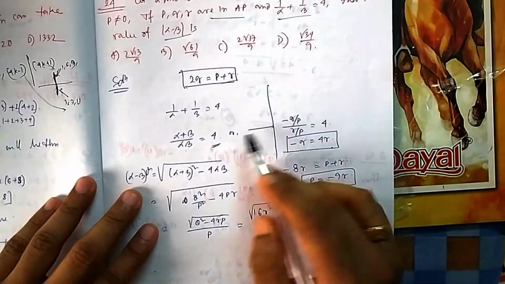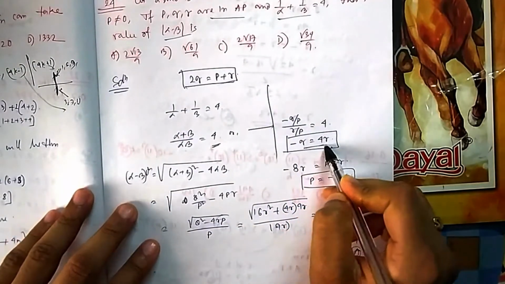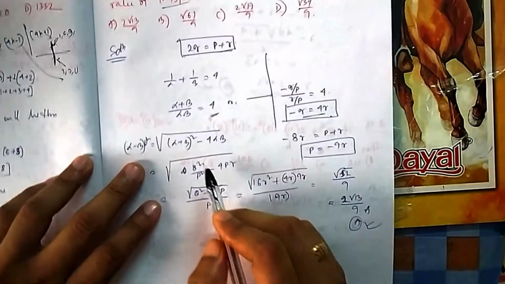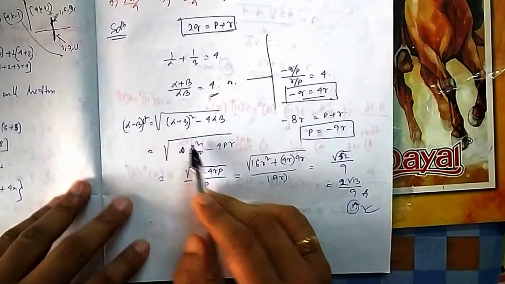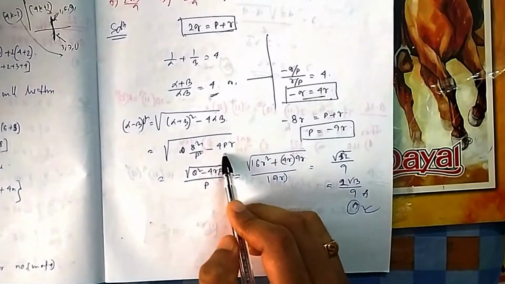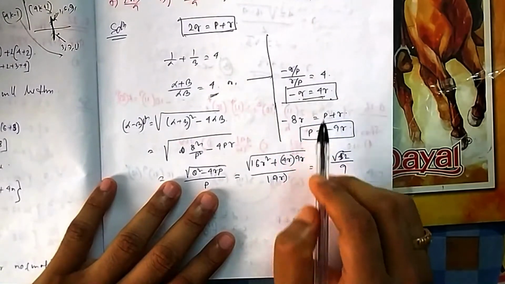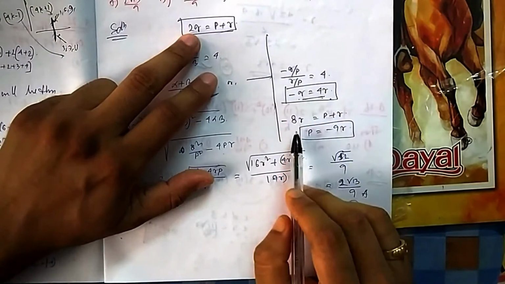This formula you know: minus b by a, minus c by a. So this is the formula. You are asked to find this one. So how will we calculate it? Alpha minus beta whole square equals alpha plus beta whole square minus 4 alpha beta. You apply this formula. Alpha plus beta is minus b by a, and alpha beta is this. From here actually I have calculated here. Minus q is equal to 4r. So you apply this one. You get minus 8r.